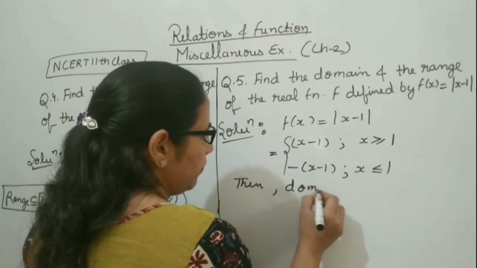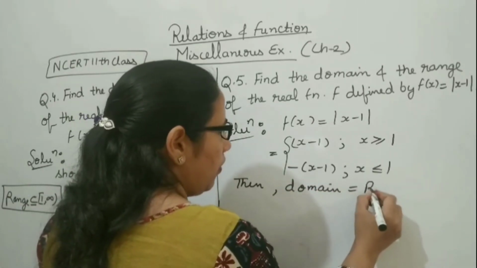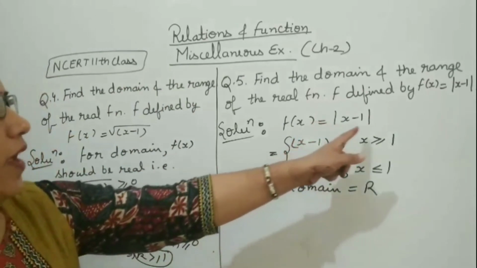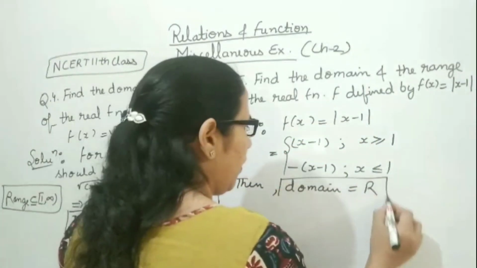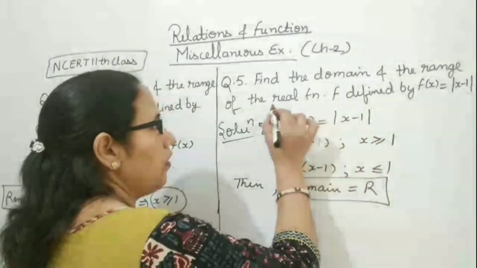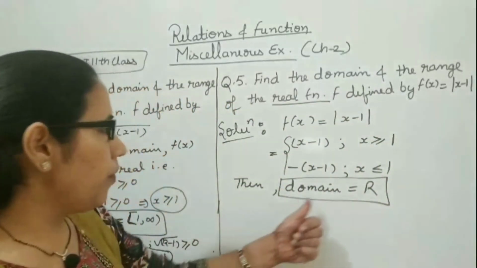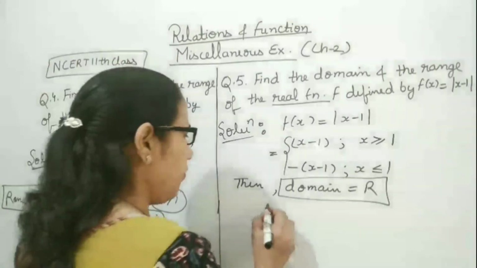Domain for this mod of x minus 1 is your real values R, and as f(x) is defined for real values, so its domain will be your R, and range will be